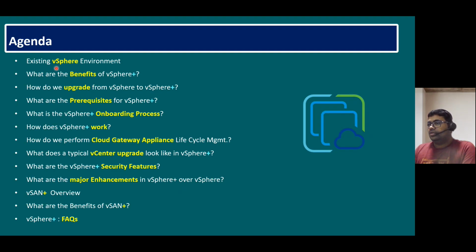So here is the agenda. The existing vSphere environment, what are the benefits of vSphere and how do we upgrade from vSphere to vSphere Plus, what are the prerequisites for vSphere Plus, what is the vSphere Plus onboarding process, how does vSphere Plus work, how do we perform Cloud Gateway Appliance lifecycle management, what does a typical vCenter upgrade look like in vSphere Plus, what are the vSphere Plus security features, what are the major enhancements in vSphere Plus over vSphere, and finally we'll also observe the vSAN Plus overview, what are the benefits of vSAN Plus,